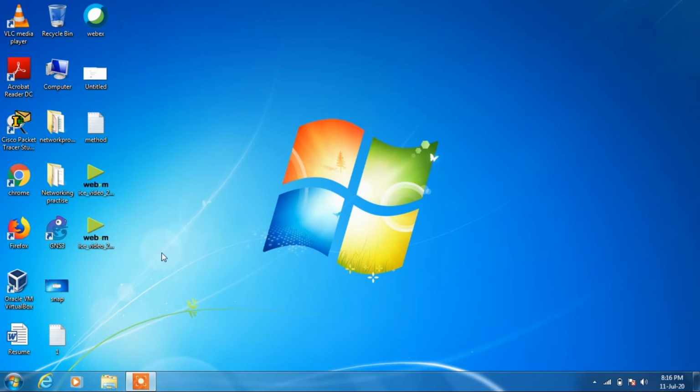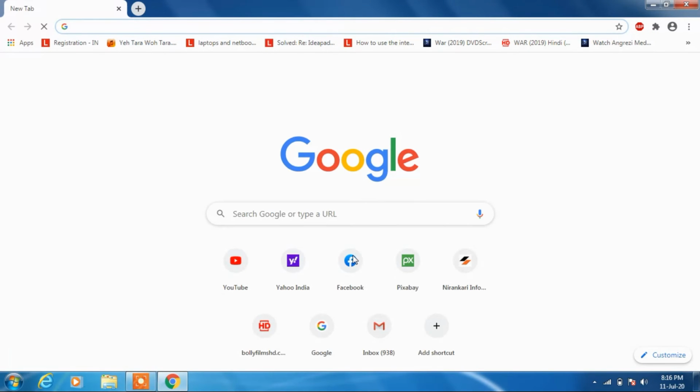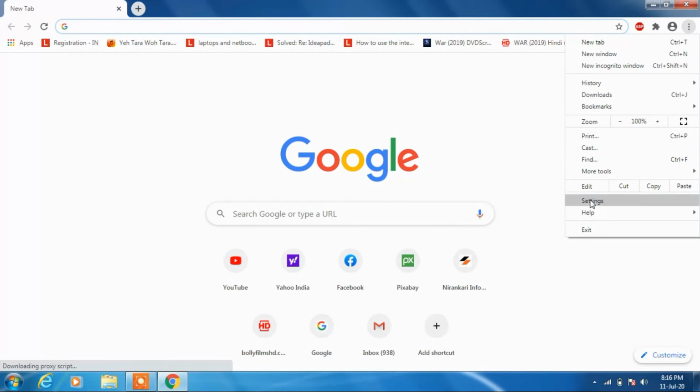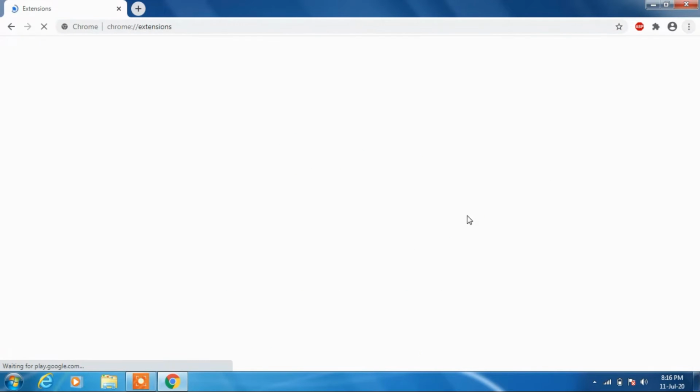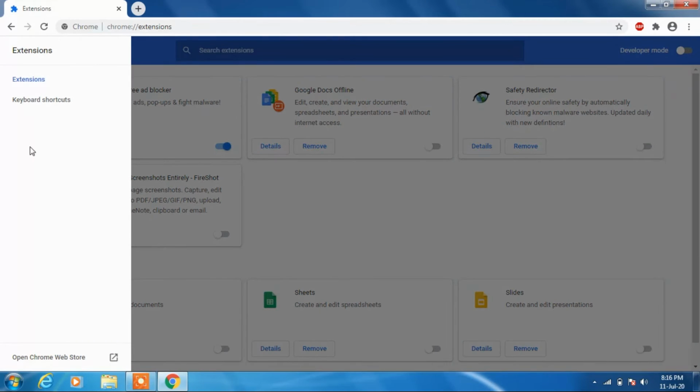Now we'll see method number 6. Just open your Chrome browser and now we'll install a proxy server in your Chrome web browser. Click on these three dots, go to more tools, click on the option extensions. Click on the hamburger menu icon and click on the option open Chrome Web Store.